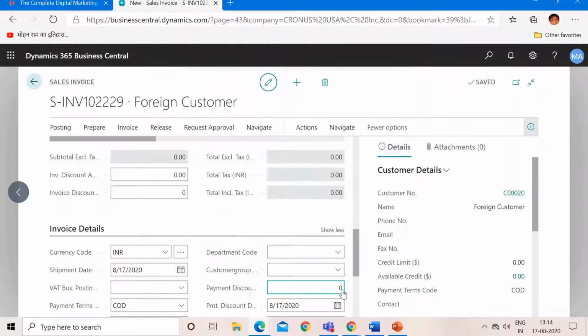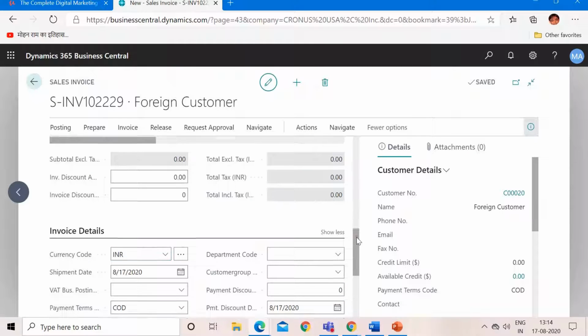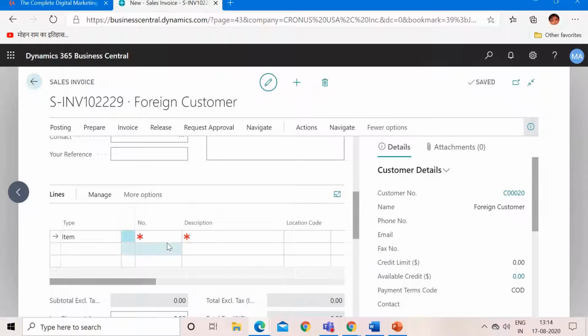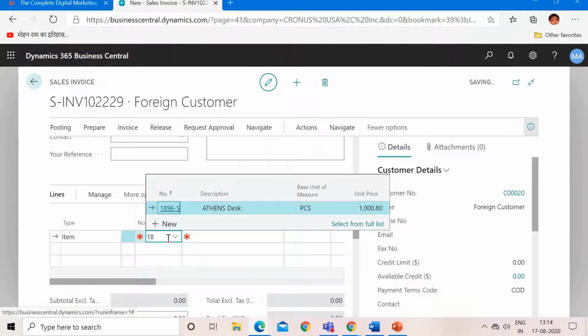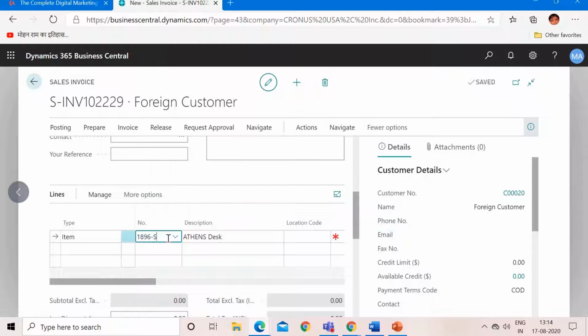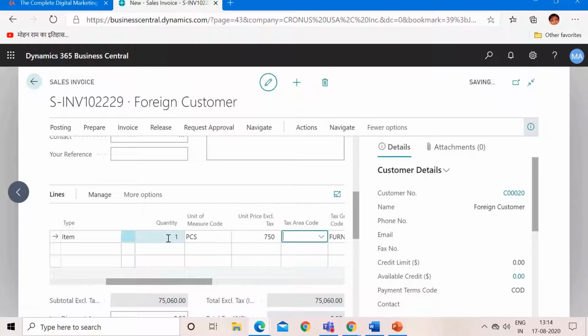I'll click OK. Now it's time to create a new line in the sales invoice. I'll select one item, let's say this one, and here I will put the quantity as 1 and the price as 750.